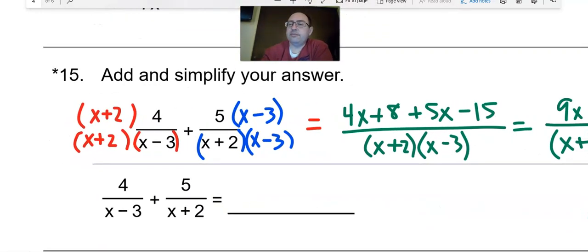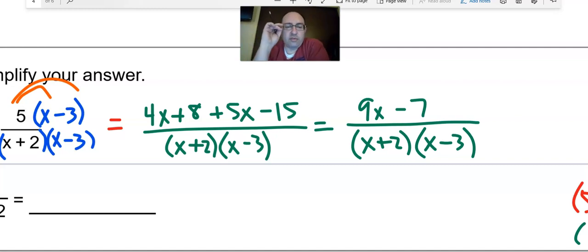Okay, 15. I know this has been a long video. We got a couple more to do here. So the first fraction was missing an x plus 2, top and bottom. The second fraction was missing an x minus 3, top and bottom. Then, of course, I'm distributing the 4 and the 5. And then